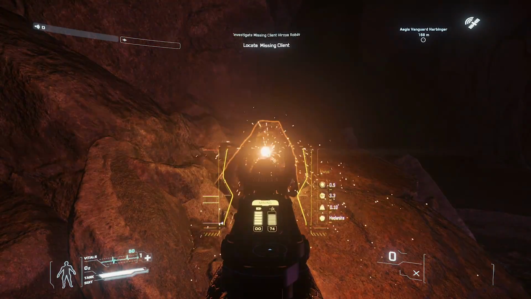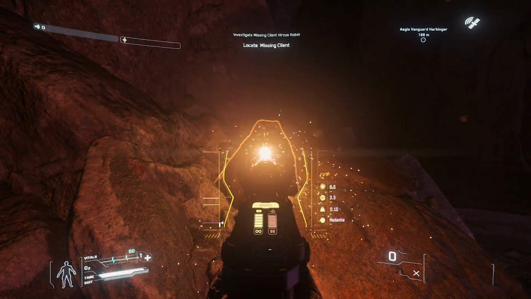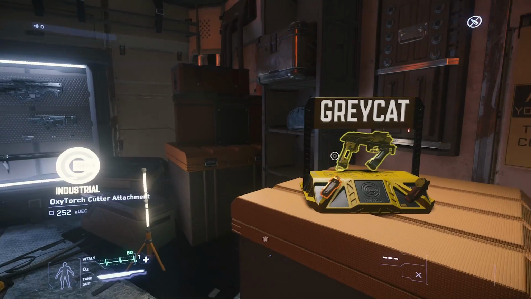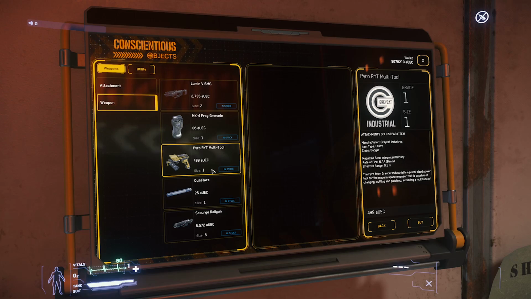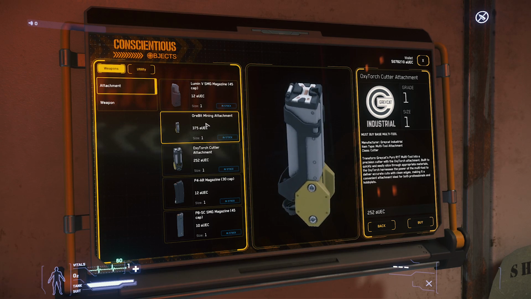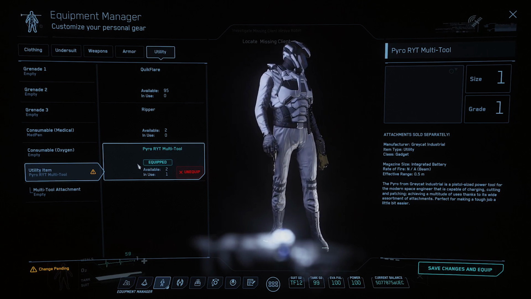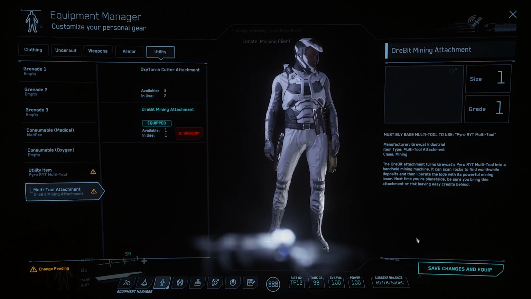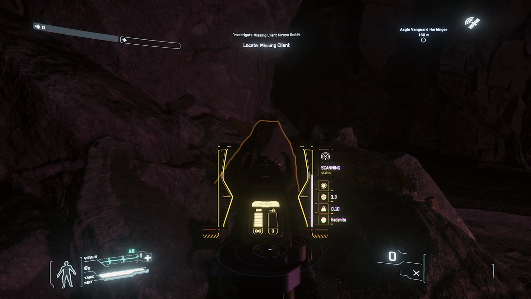These require you to use a multi-tool and ore mining attachment that can be found at Area 18, Lorville, and Levski. You need both of those items. To mine with the multi-tool, equip it to your utility slot, and then equip the ore mining attachment to it. You can do this in the loadout manager on the Mobiglass. You pull it out by pressing 4, then you aim down sights,